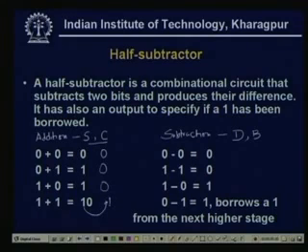Now, if I want to change this addition operation into subtraction, then what we can do, this 0 plus 0 equal to 0, as if one operand from here, say this 0, I can